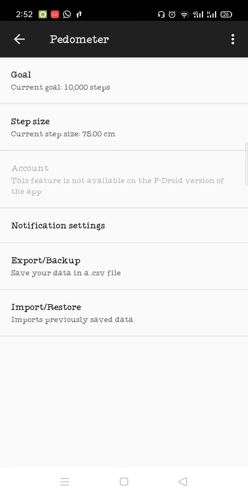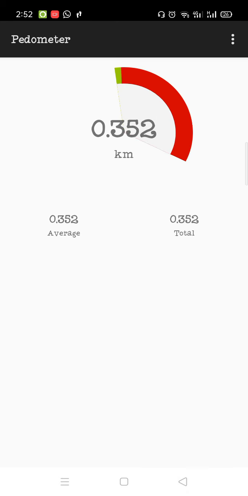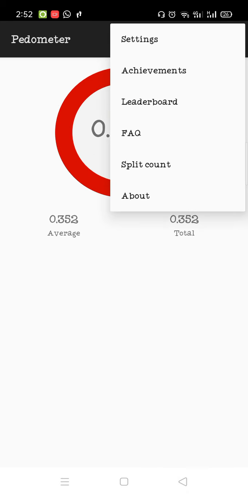Then we have export and import option. In export we can see our data, we can save our data, and in import we can import our previously saved data. Then we have the other options, we may say achievements, leaderboard, FAQ, frequently asked questions, and then